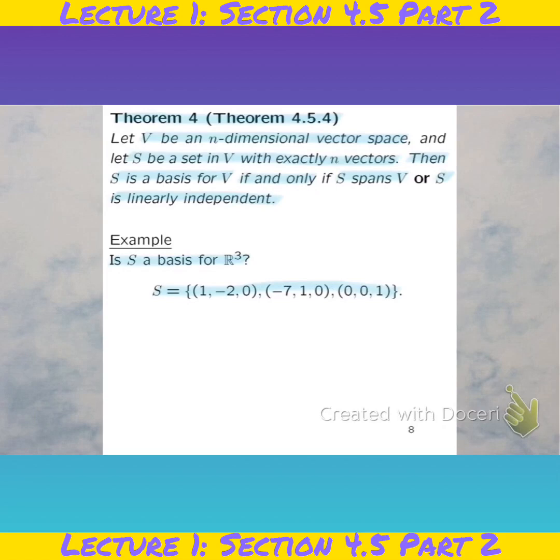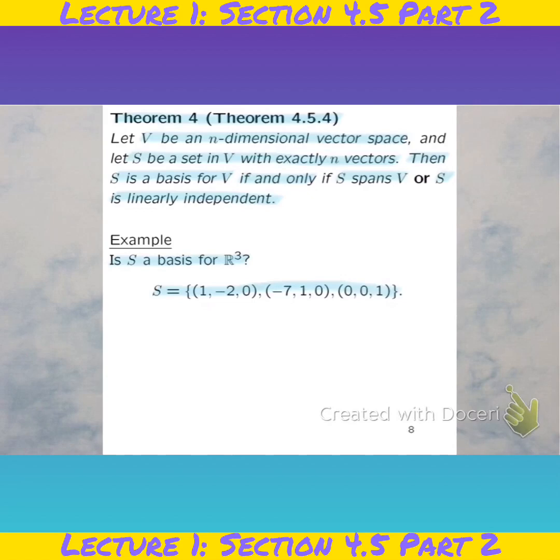We first took a set of two vectors. We showed it's linearly independent. And we showed that this vector lies outside of the span of those two vectors. So the plus-minus theorem says we can add that vector to the two other vectors and form a linearly independent set. Now, in the case of a finite dimensional vector space, it's enough to only show one of the